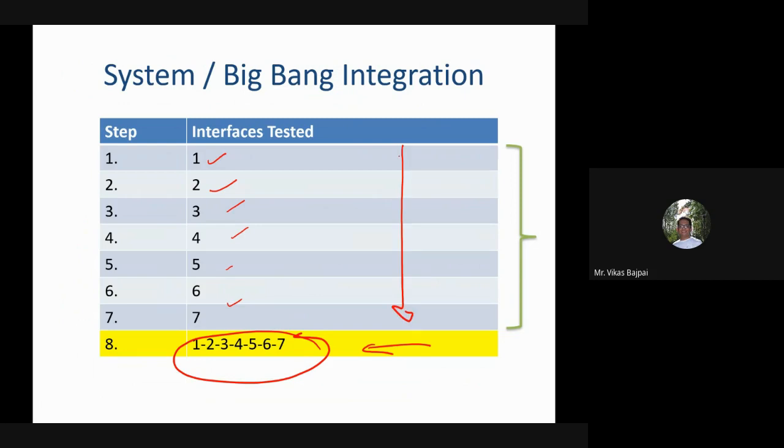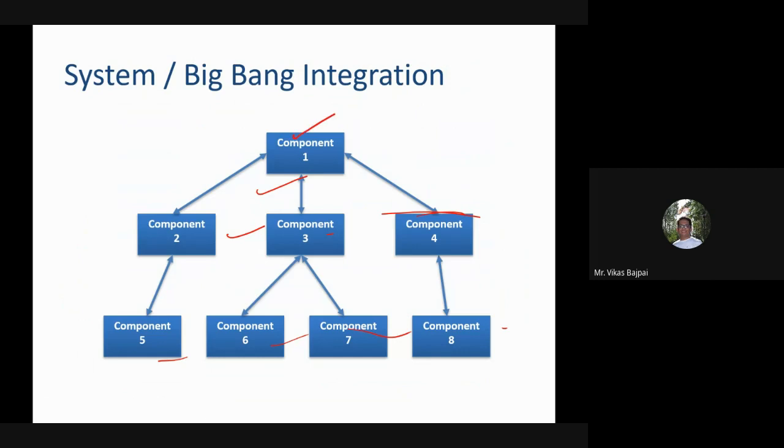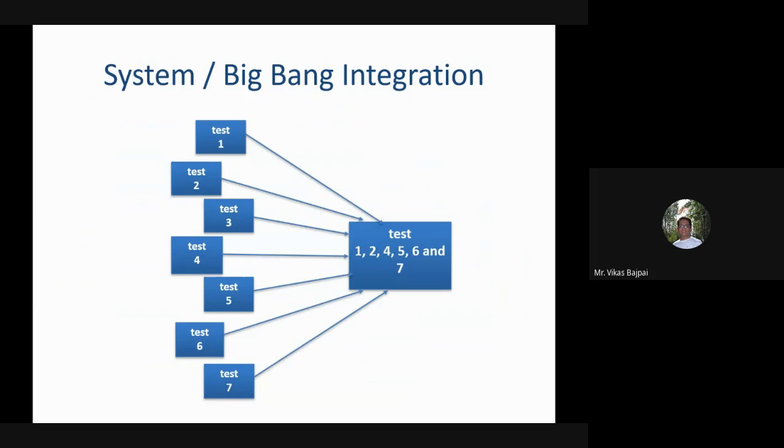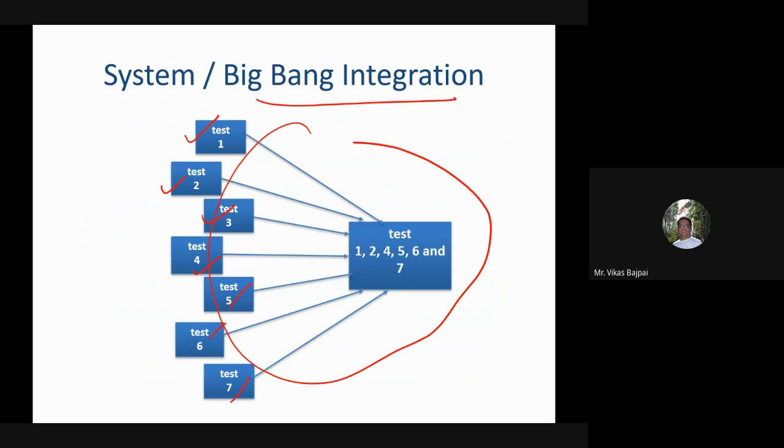This I have shown because of the unit testing which is done afterwards. We went for individually testing 1, 2, 3, 4, 5, 6, 7, and 8, and then we've done the integration part, and we've tested the entire product. So this can be individual unit testing of this, combine it and test it. That's how we go ahead with your Big Bang integration testing.